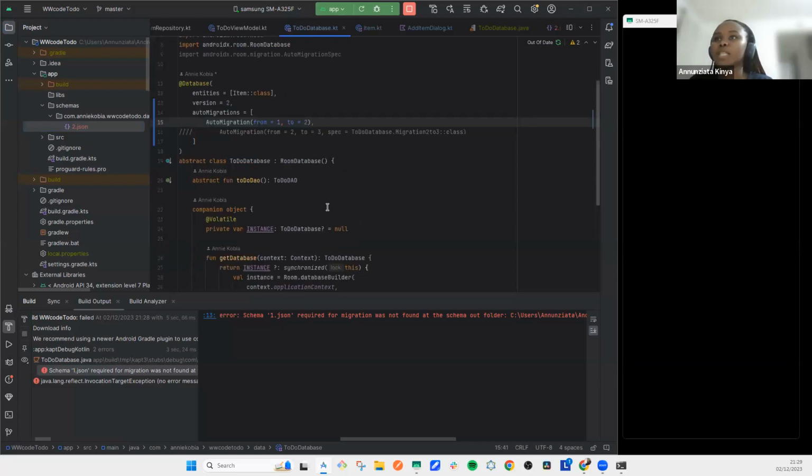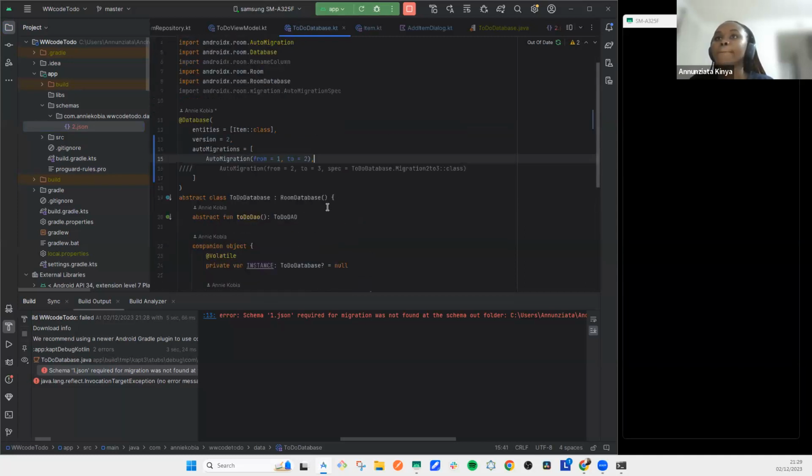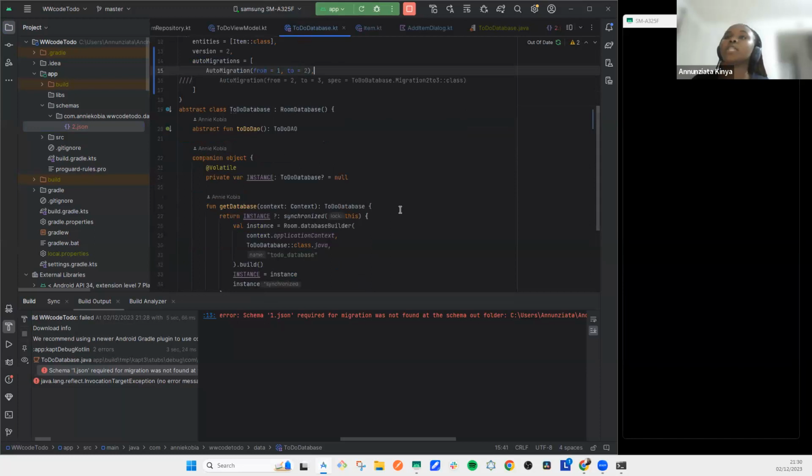I think we mentioned for auto migrations, there's the general one where you don't have to have inputs. There's the second one where you have to have an auto migration spec that gives a bit more information if Room still is not able to migrate your database comfortably. And I think the migration error that we've just had is a testament of